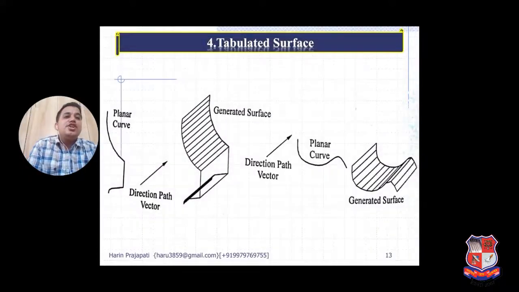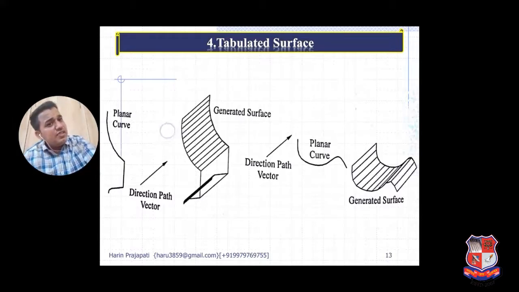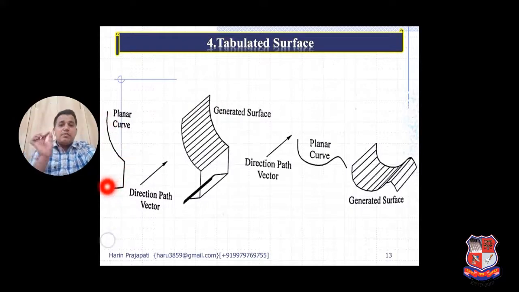Next is the translational surface. Here again I am taking the same trajectory. A trajectory is a single path of a curve. It may be a combination of line, curve, circle, semicircle, ellipse, or polyline, a combination of all the fundamental commands.